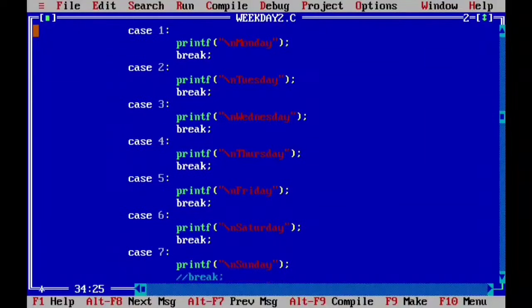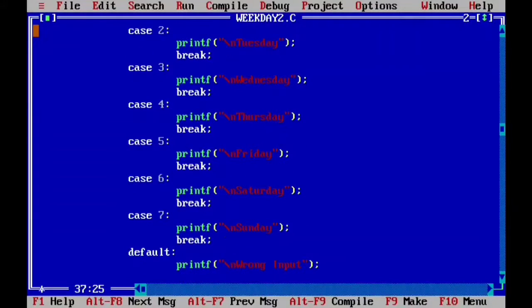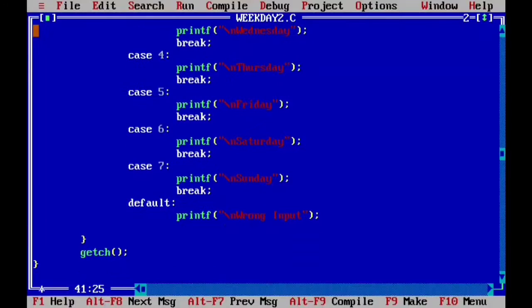So this is how it works. I hope you have understood the use of the switch case statement.